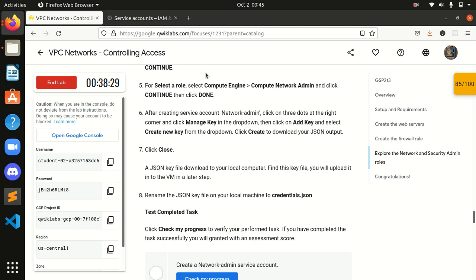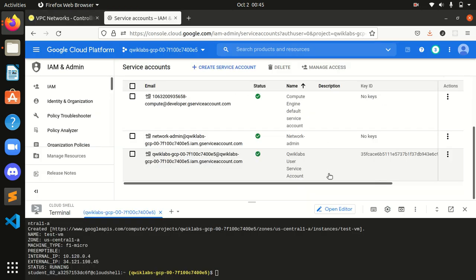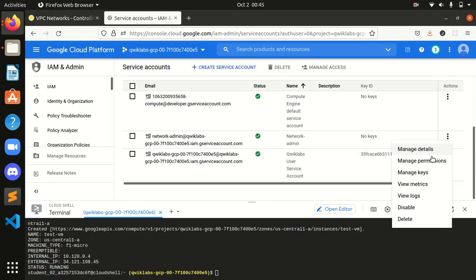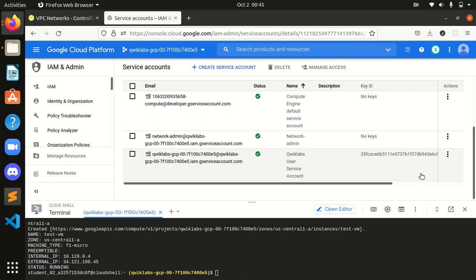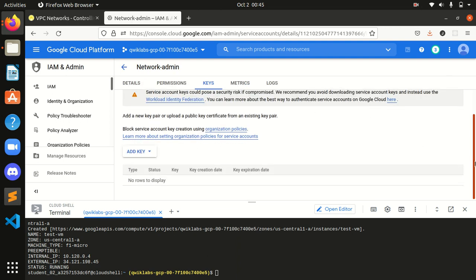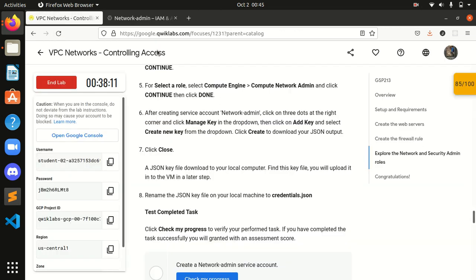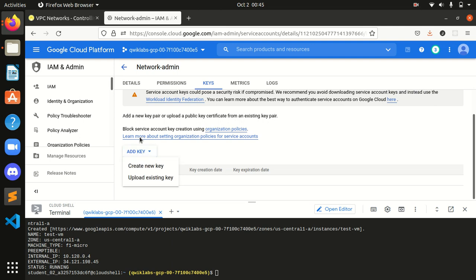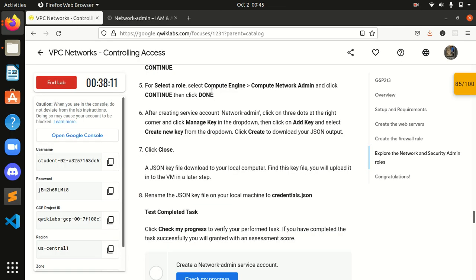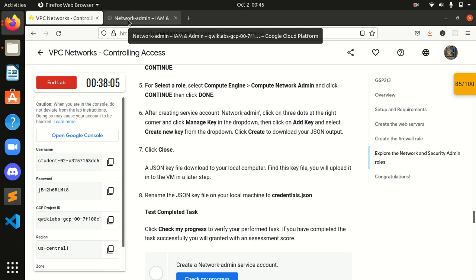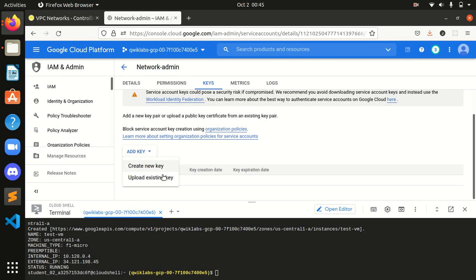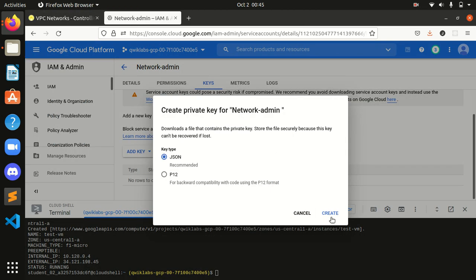We will be going to this network admin, and from here I will be clicking on manage keys, and in manage keys, guys, I will click on add key and create a new key from the drop down menu. Click create to download a JSON file. Okay, I will click on create.